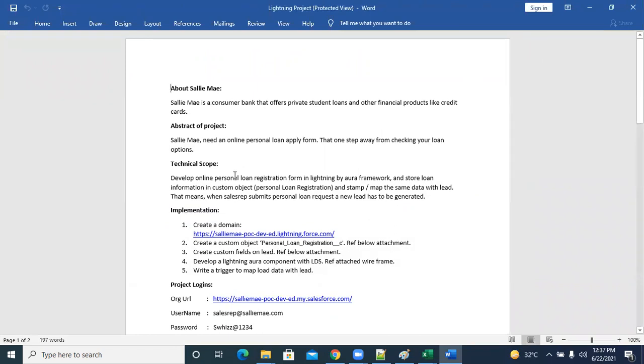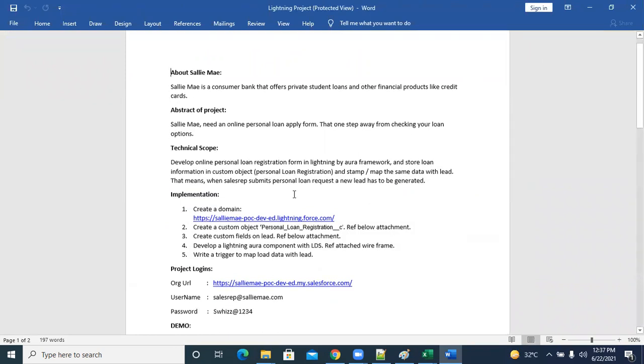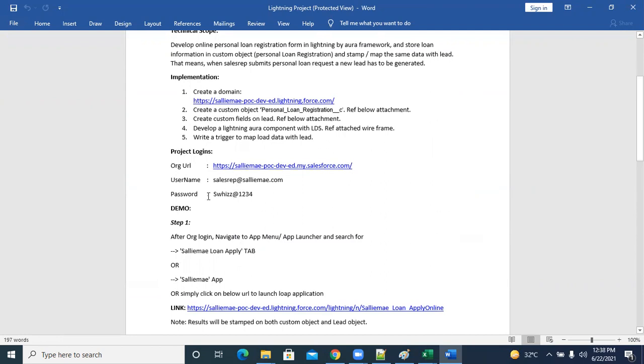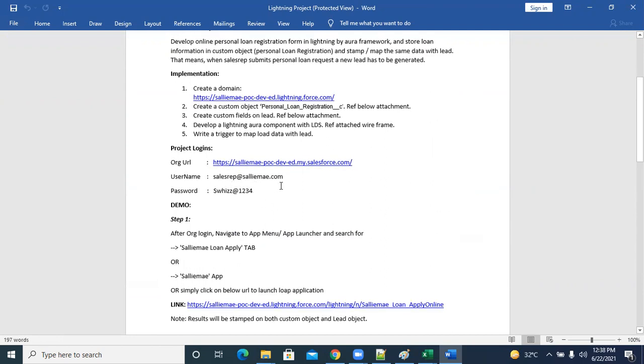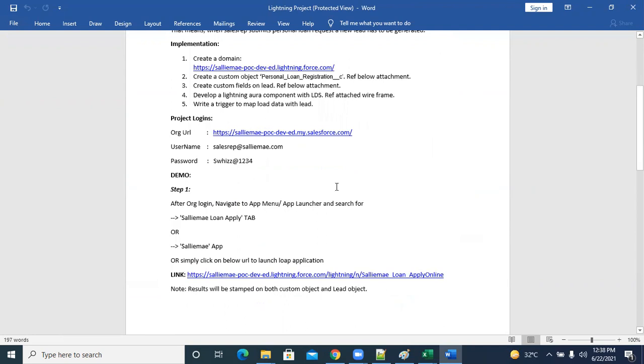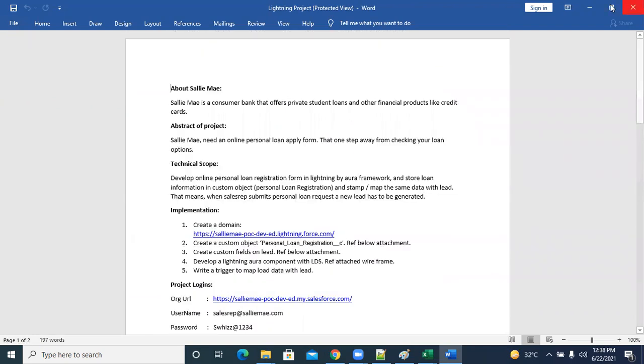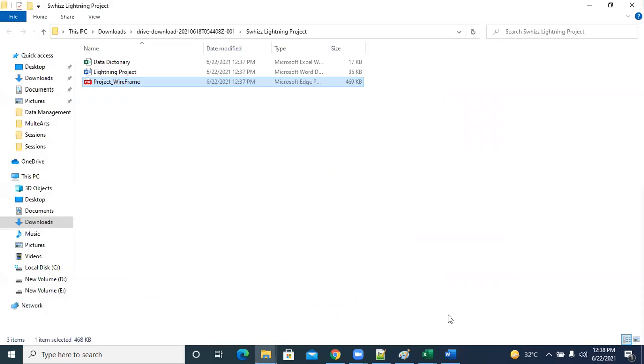This is about the project I have given: the abstract, technical scope and implementation. I created a domain and here you have a login. If you want, you can use these logins and identify it. The data dictionary is also included here in this project scope. And if you see the wireframe,